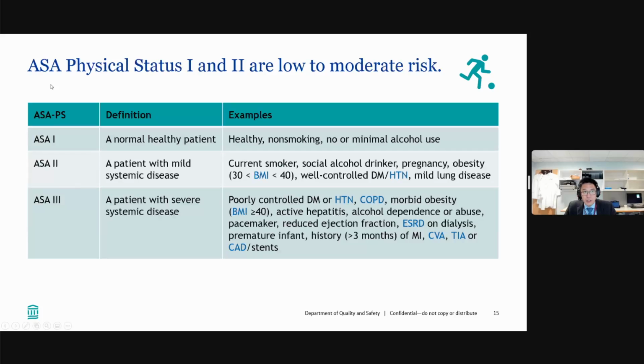And I want to introduce you to the ASA physical status scores. Do you guys use these? International, the ASA 1, 2, 3, 4, 5. If not, that. Yes, they are commonly used by physiologists. Okay, great. So I won't get in too much detail with this, but the part that you should know is